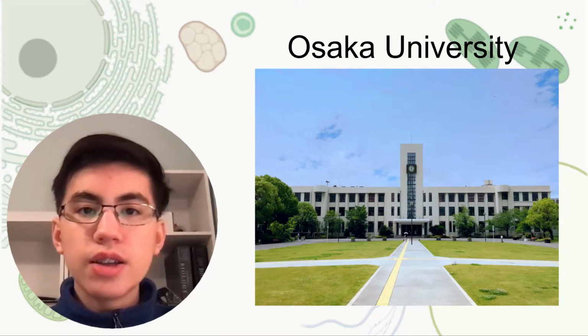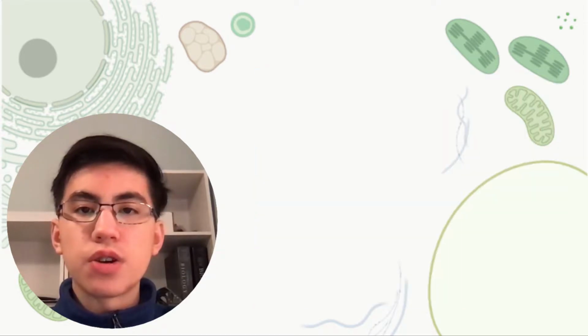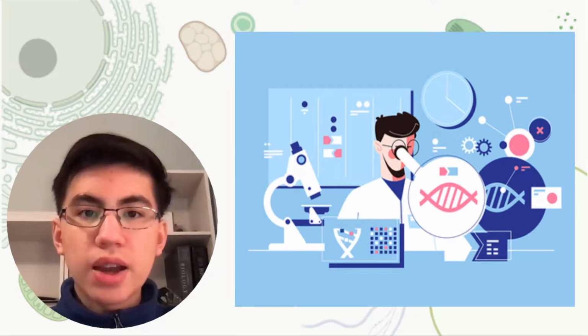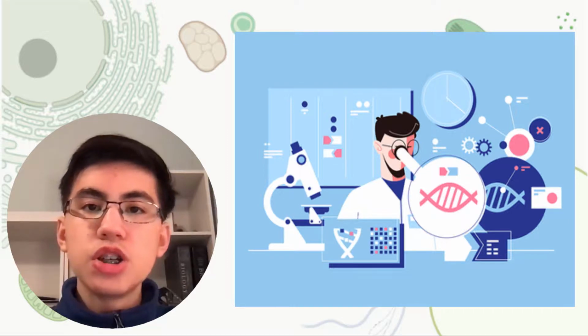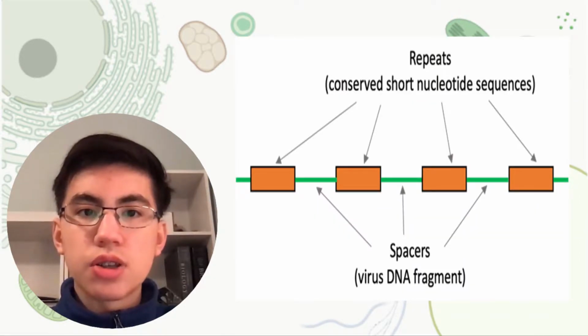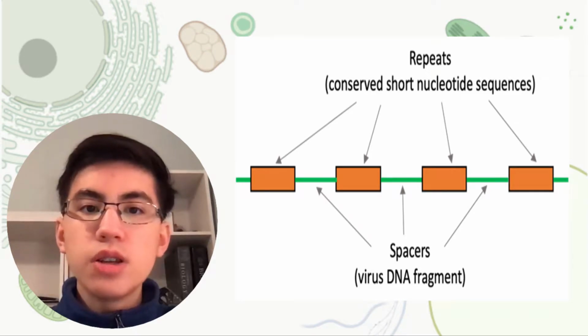It all started in 1987 at Osaka University. There, researchers found that E. coli, a species of bacteria, had a strange series of repeating sequences of DNA in its genome. It was not until 2005, though, that scientists realized that there were sequences of viral DNA found in between those